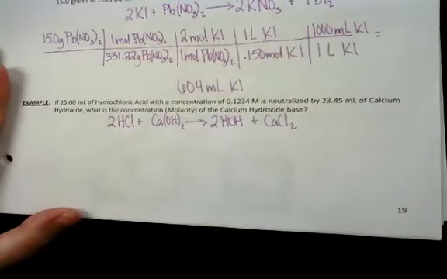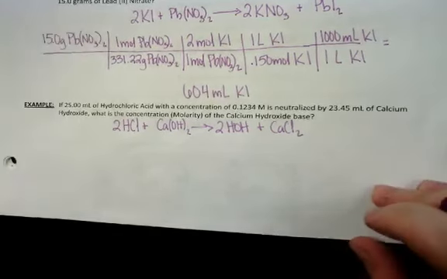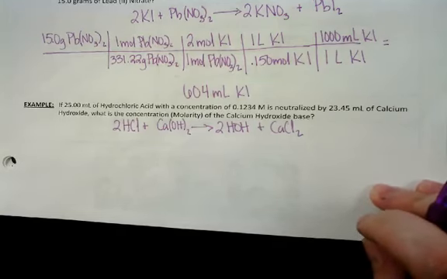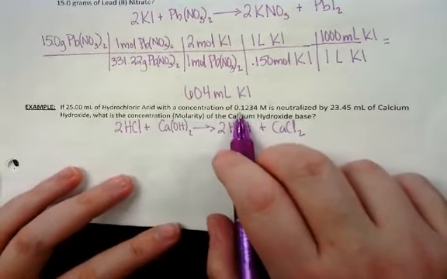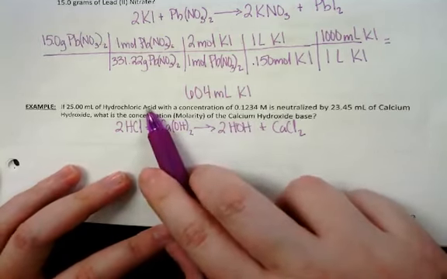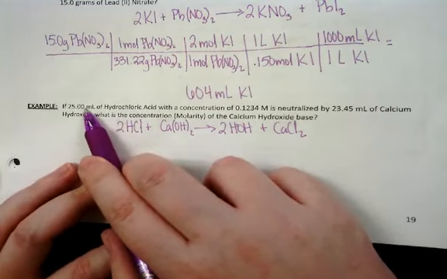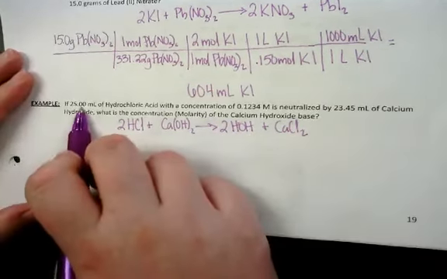All right, so you're starting with milliliters. You have molarity, and you also have milliliters of calcium hydroxide. So you're given 3 things. You need to figure out what you're starting with. You cannot start with your molarity, okay? Your molarity is a conversion. But since you have the molarity of hydrochloric acid, we want to start with hydrochloric acid, especially since we're being asked to solve for calcium hydroxide. So we're going to start with our 25 milliliters of hydrochloric acid. So we can do